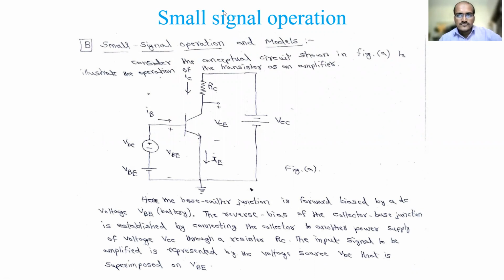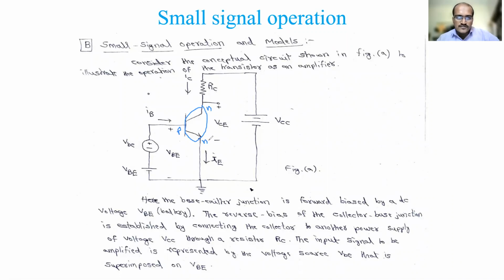So today in our discussion, this is our main circuit. If you write it down, it's better. This is the circuit I will be referring to throughout the discussion. It is a conceptual circuit of a transistor as an amplifier. This is the BJT, which you can consider as NPN. NPN means here it will be N, the base will be P and the emitter side will be N. So this is an NPN transistor.